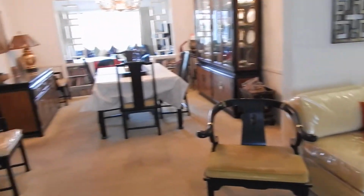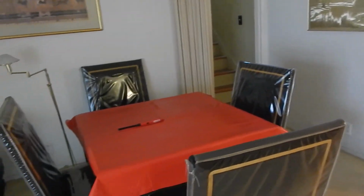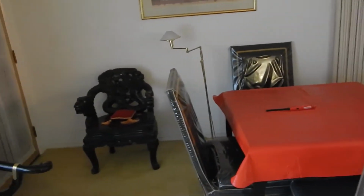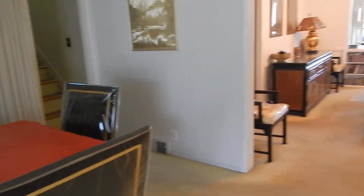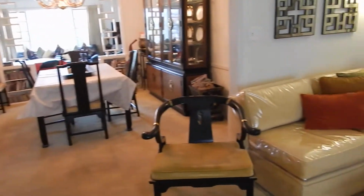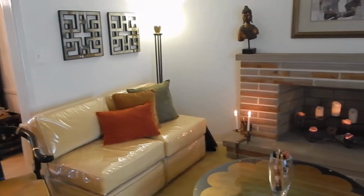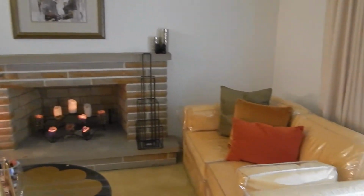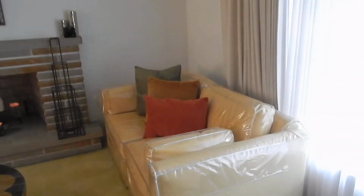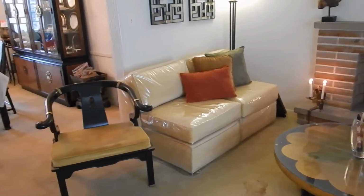And this is our living room. And excuse the plastic. Every time I think I want to take it off, something happens and I'm like, thank God I had it on. You all won't believe this past Saturday, somebody broke the faucet in our back powder room. How the hell do you do that? So every time I think I want to take that plastic covering off, I'm like, no, because